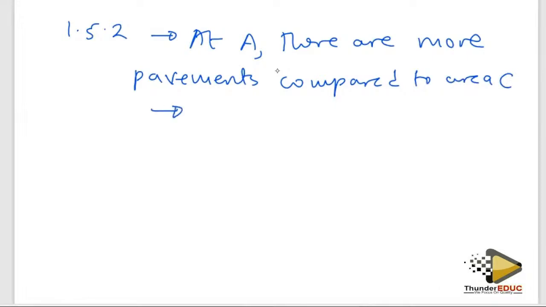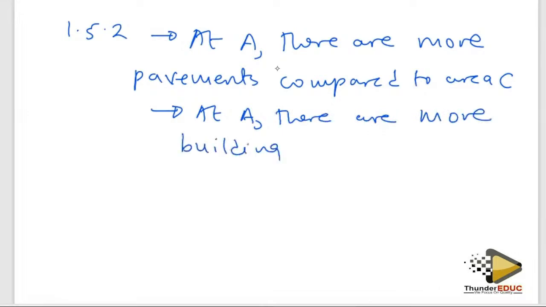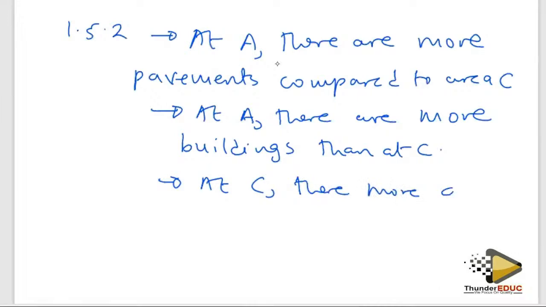So said at A, there are more buildings than at C. I could say that at C, there is more greenery compared to A. So that's why the urban heat island will be more developed at A as compared to C, because